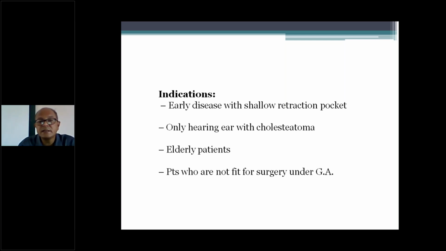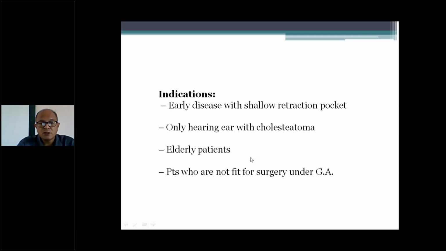Now it has been seen that the turnover is almost 2 to 2.3 times faster than that of the external auditory canal. That is why the accumulation occurs much faster than you anticipate. Okay, so if these keratin debris are not infected, then there is no discharge. But once they are infected by, suppose, the entry of water or by gram-negative organisms, then definitely this patient will present to you with ear discharge.